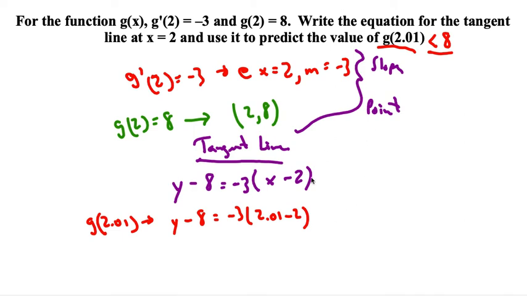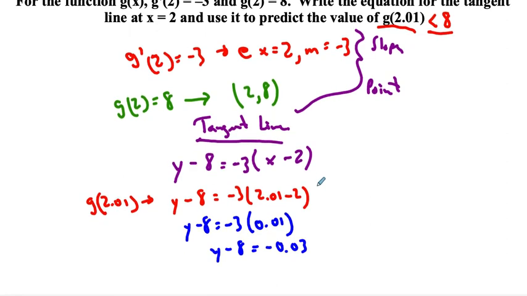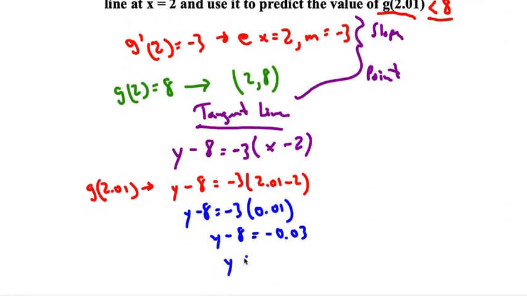What did we do? Well, we plugged the x value in, and now we're going to predict the y. So we know y minus 8 equals, order of operations, right? So y minus 8 equals negative 0.03. So, I'll scroll down just a little bit. Add 8, y equals negative 0.03 plus 8,